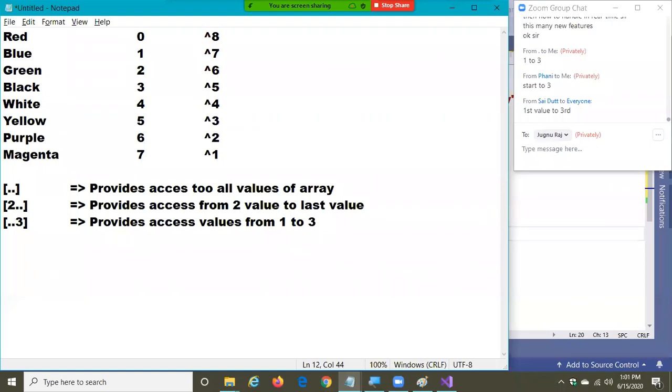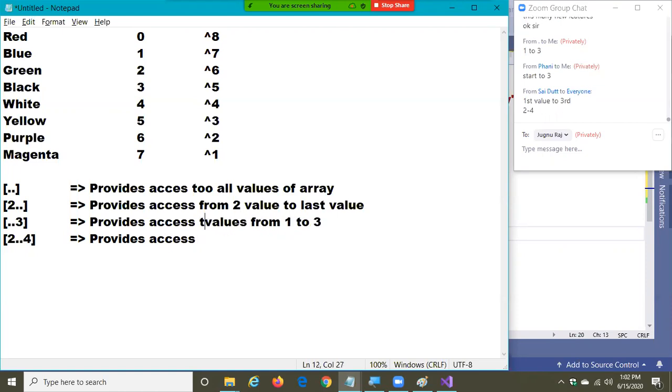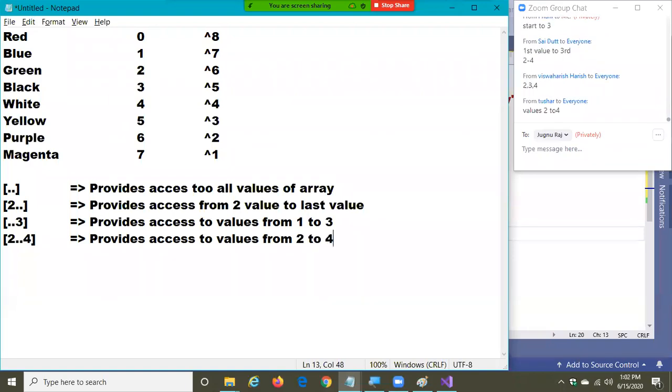Okay, next. 2 .. 4 gives values from 2 to 4.